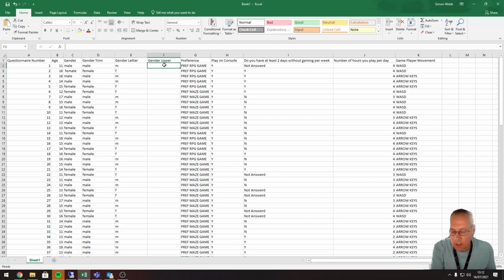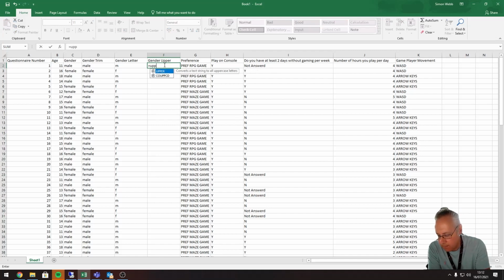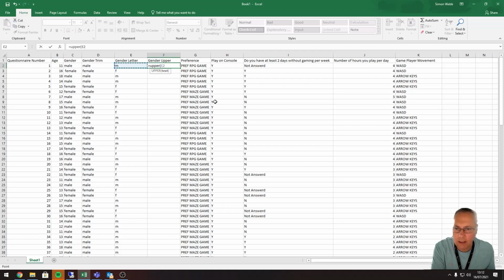Okay, and it's a really straightforward function. So I'm just going to type in equals upper and open a bracket. Excel always gives you instructions on what it's asking you to do, and this is a really straightforward one. This is just asking you to identify what value you want to convert to uppercase. So it's this value here, the gender letter, and I'm going to close my bracket and I'm going to press